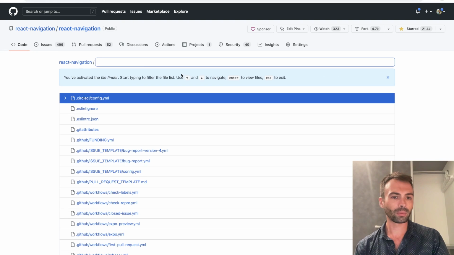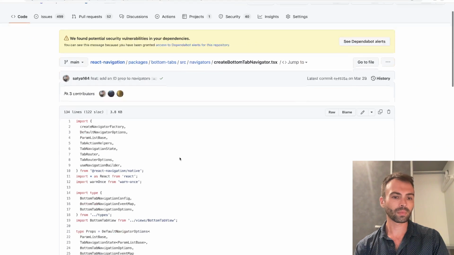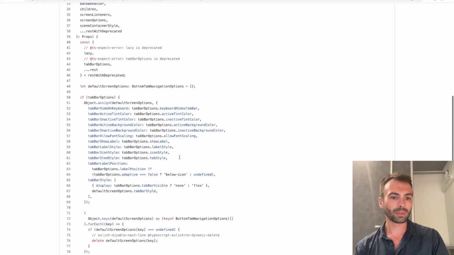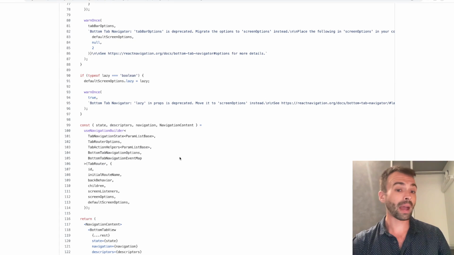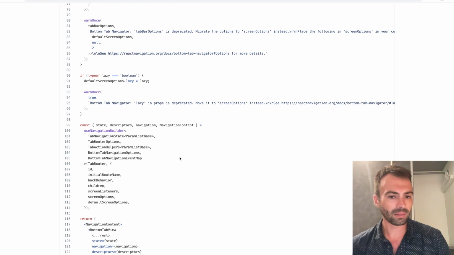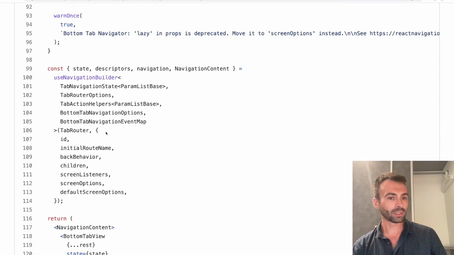I'm going to search this code base for create bottom tab navigator. So here's all the construction for the bottom tab navigator, and it's much more abstract than it used to be. For example, there's all this logic around use navigation builder, which is something that I'm not very familiar with, but basically what you do is you give it a combination of